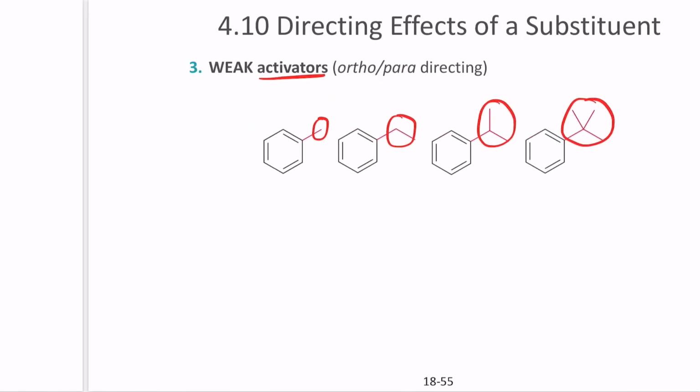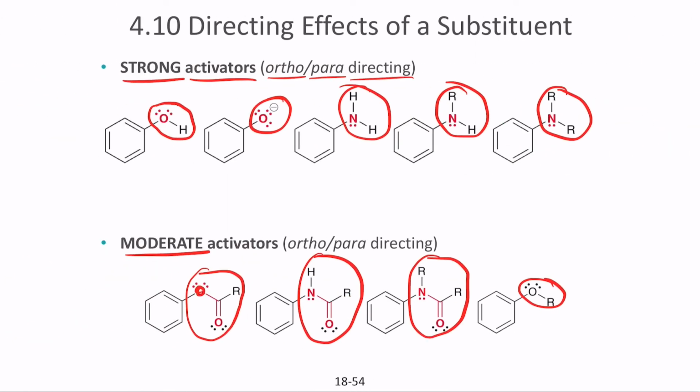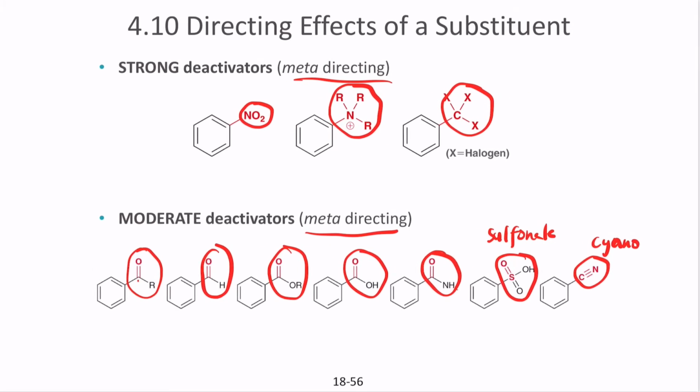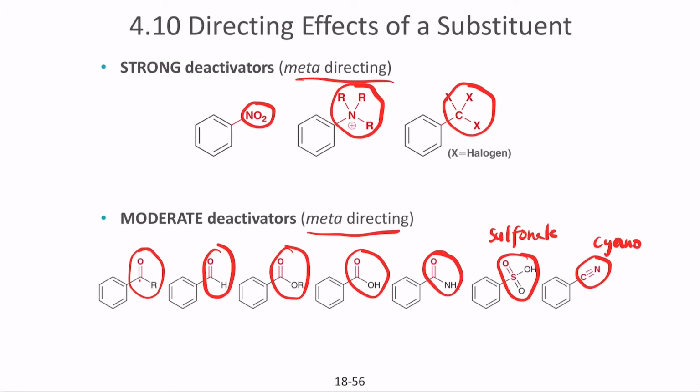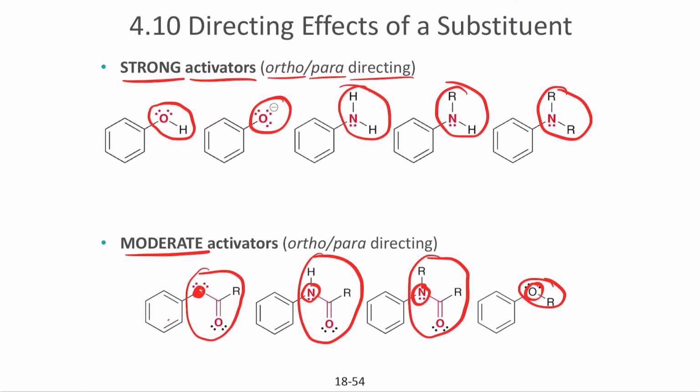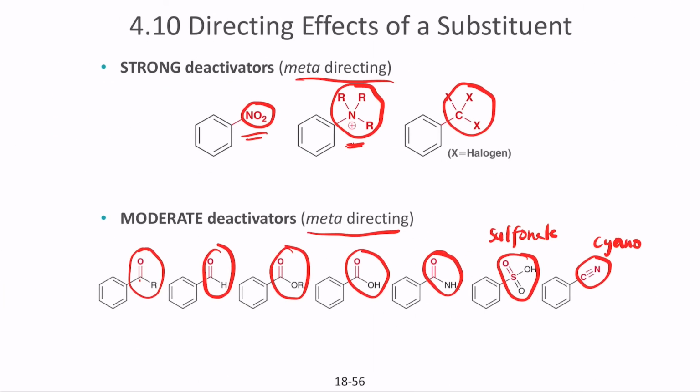Remember the difference here: when you have oxygen right next to the structure in the place of the aromatic proton, those are activators. If you have a carbonyl group, then those are deactivators. That's the only differentiation here. And a nitronium ion is a deactivator, as well as an ammonium ion. Remember that ammonia is a strong activator, but ammonium is a strong deactivator when you have a positive charge.